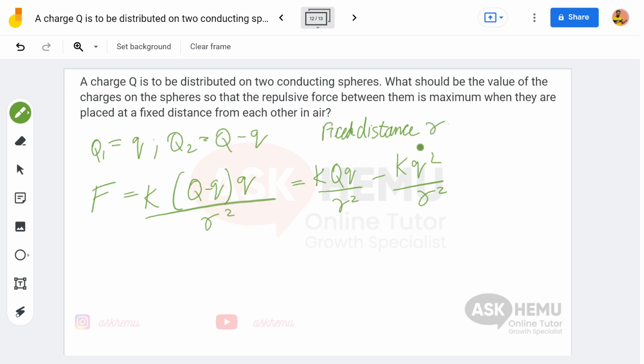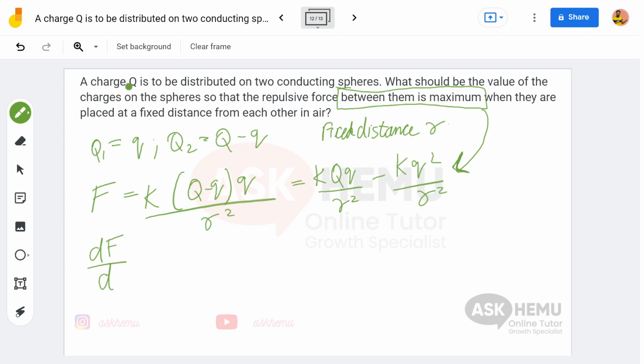Now here's where it's interesting, because maybe you might not have covered mathematics at this point, but if you have, then the next step should be pretty much logical. When the maximum of an equation is to be calculated, there are two ways that you can approach it. You can find the first derivative, which is df by